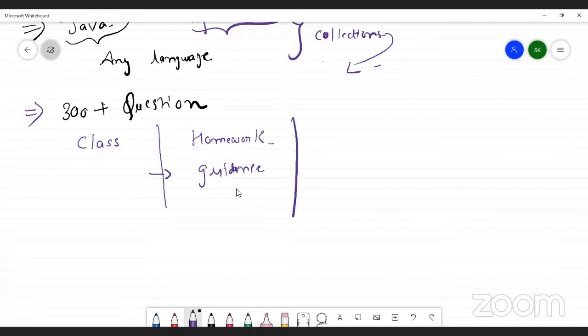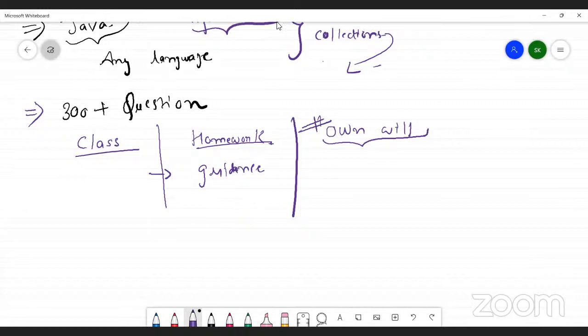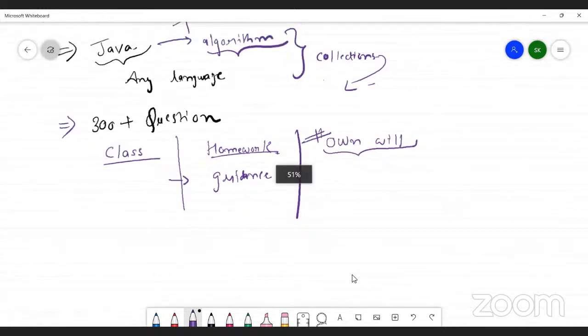And there will be some category of questions which lies completely on your own will. If you want to do it, do it. Otherwise, it's your choice. So class and homework questions will be covered. You need not worry about it, but you also need to see to your own practice, so try to do these questions as well. It won't be like some new concepts. It will be all the questions covered in class, but written in a different way to check your skills.